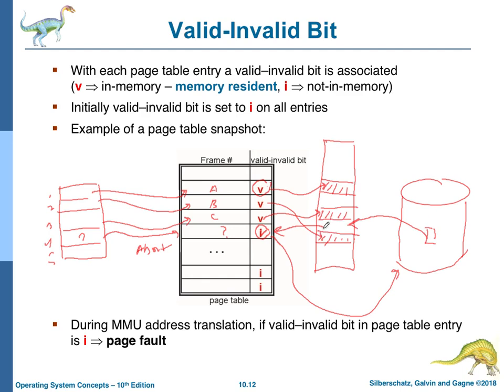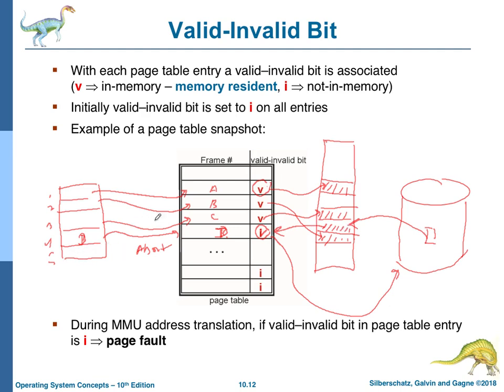Now we know that this new page is also available in the main memory, so this entry in the page table is updated. Let's say we are dealing with D here. D is brought over here, and then the D page will now be